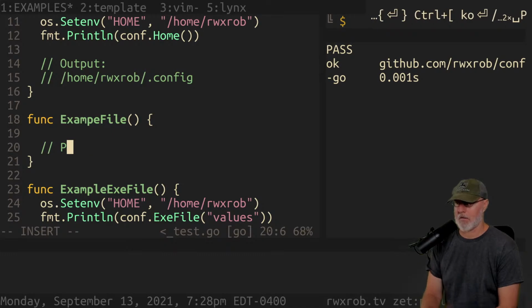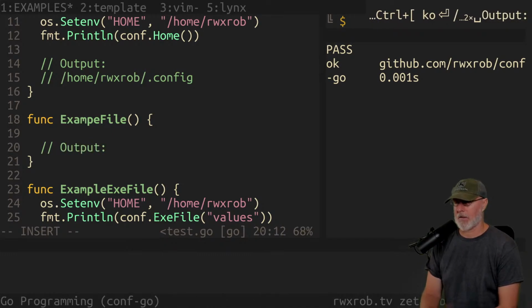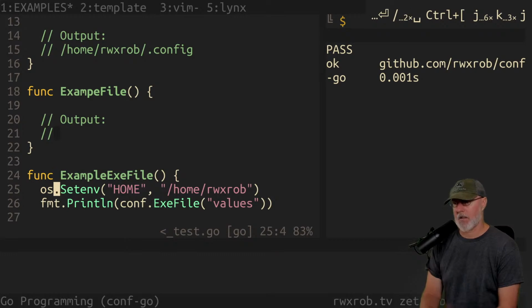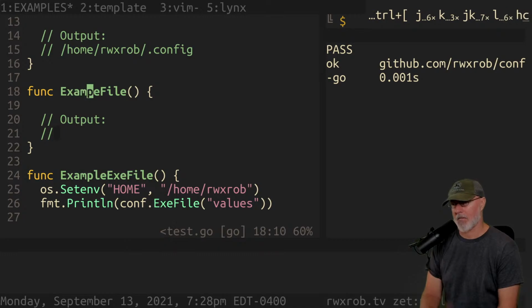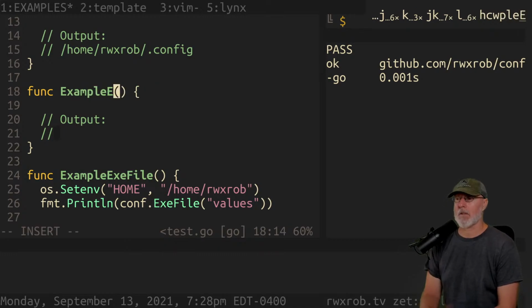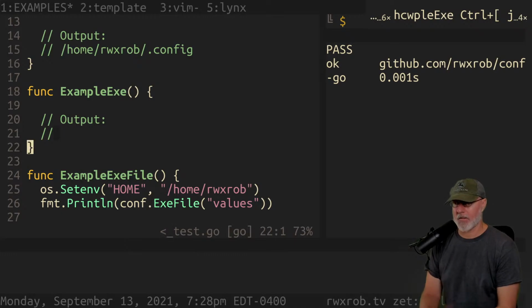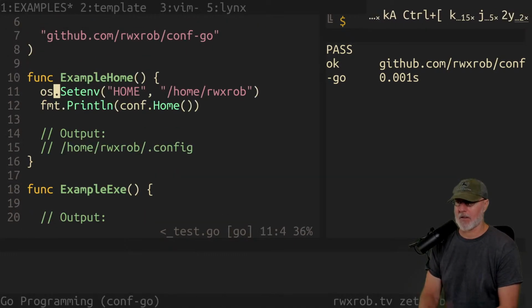So output, and what will this be? Let's say, wait, oh, we already have that. Example exe. Well, we already know what this is going to be. This is a stupid easy test.